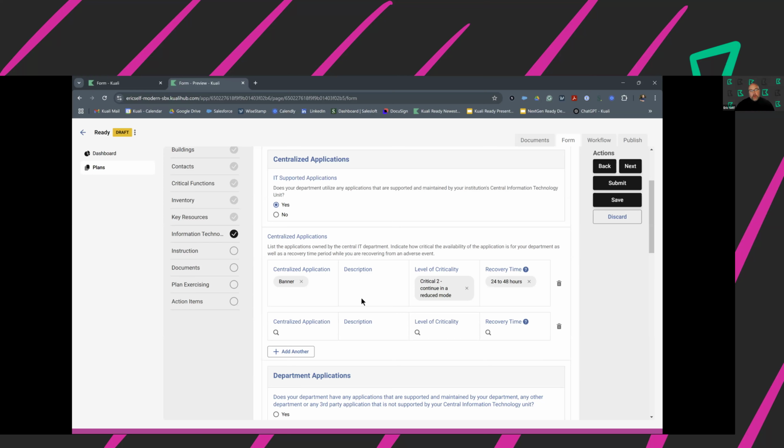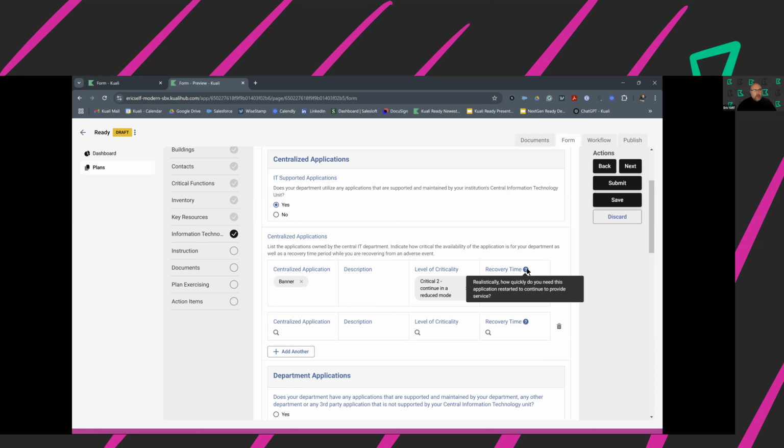Yeah, because every stakeholder may not understand business continuity, but they understand how their department works and what's most critical. If you notice here under recovery time, there's an actual little question mark. If I mouse over this, it says, realistically, how quickly do you need this application restarted to continue to provide service? And this was added in just for that reason, Paul.